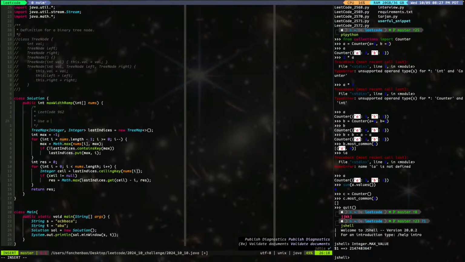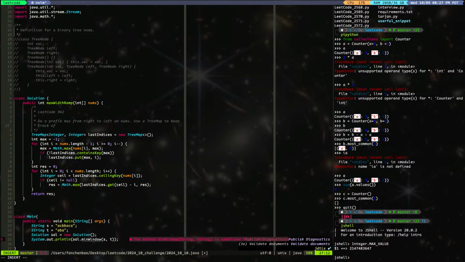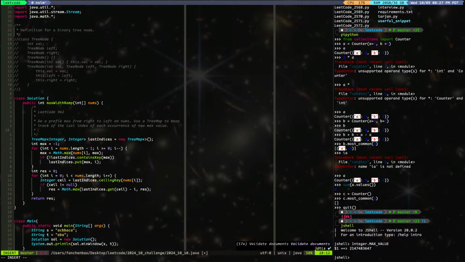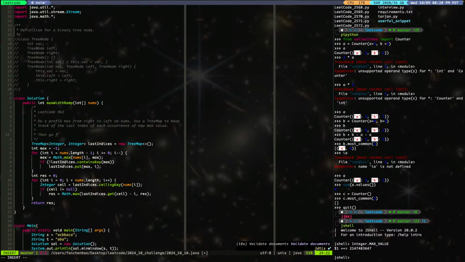Use a tree map to keep track of. Do a prefix max from right to left on nums. Use a tree map to keep track of the last index of each occurrence of new max value. Then go from left to right to find the